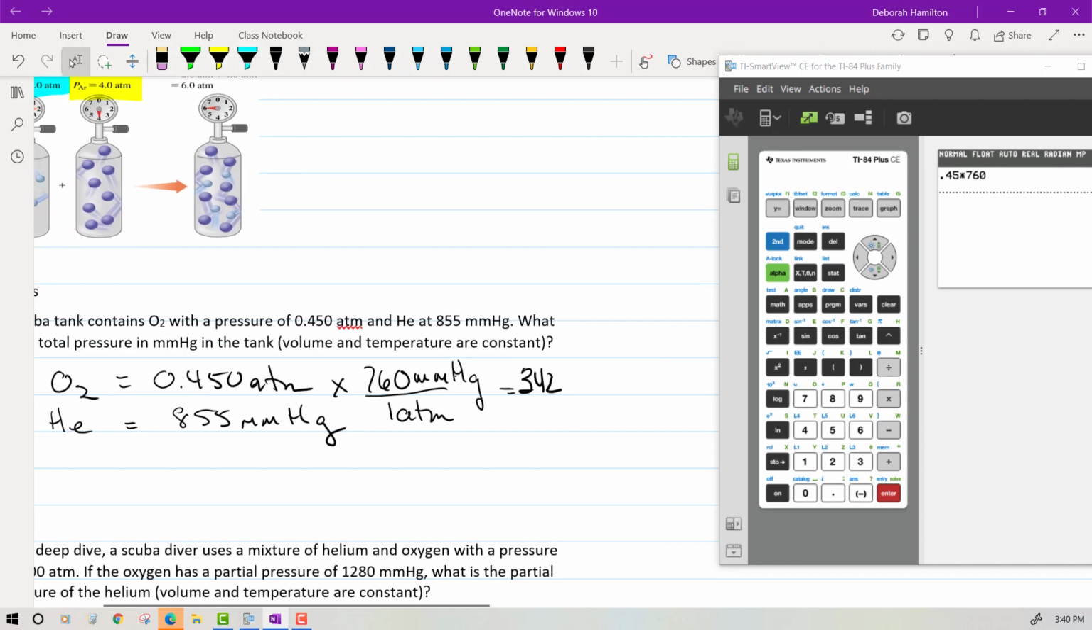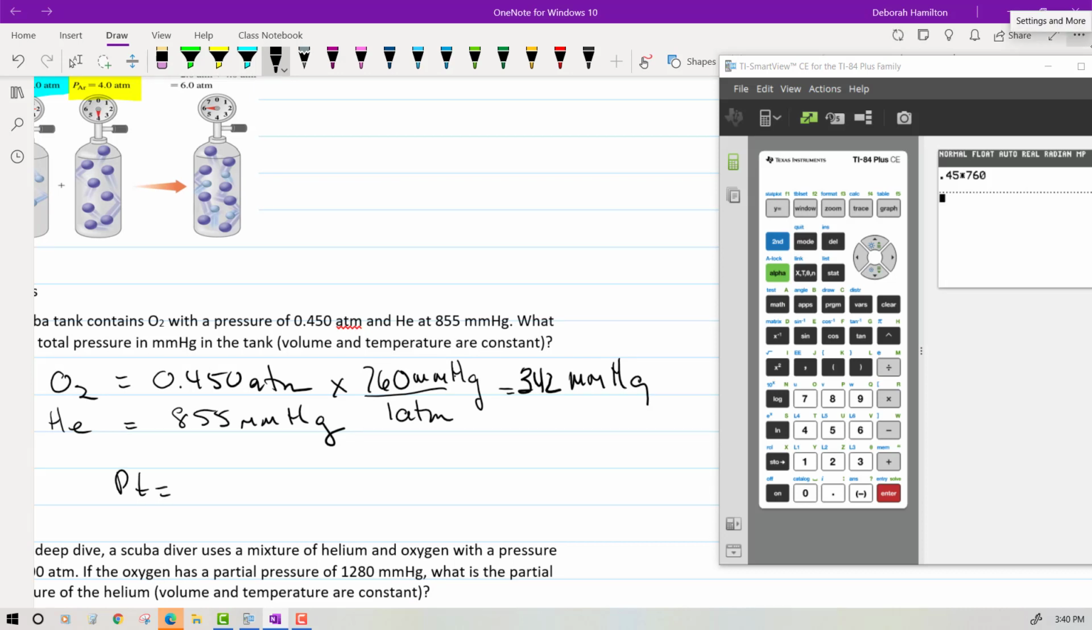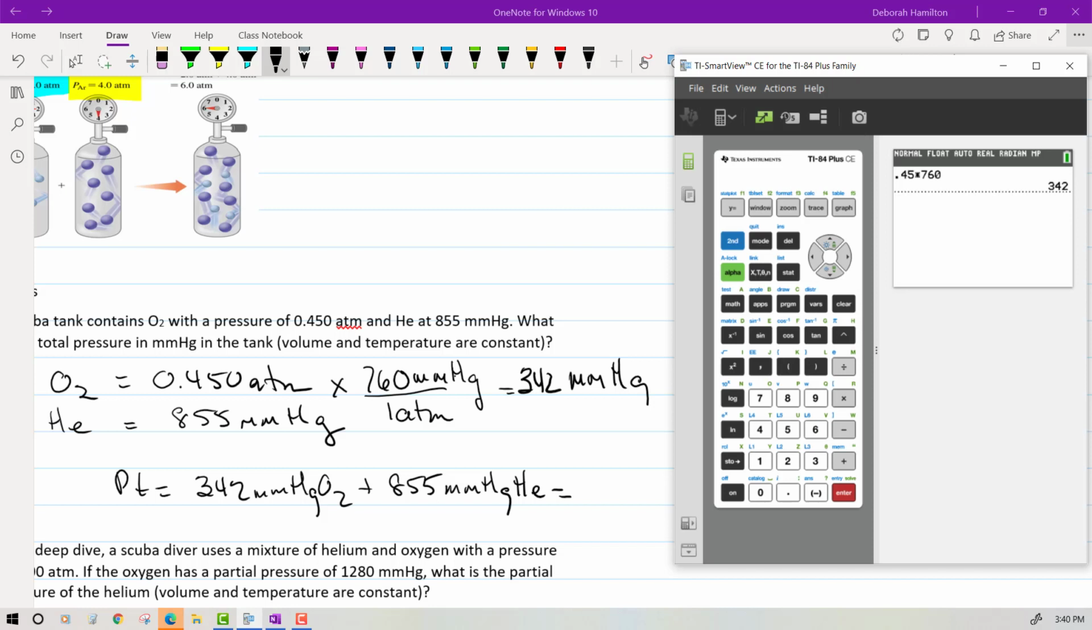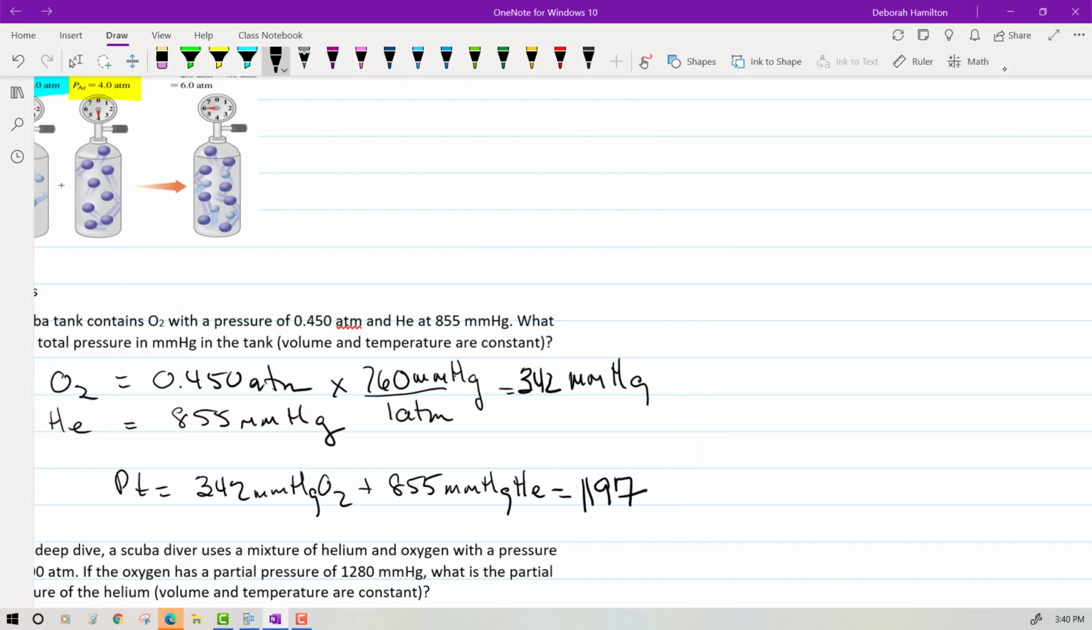Let's just move this over instead. Now I can add these 2 together to get my P total. So P total is going to be equal to 342 of oxygen plus 855 millimeters of mercury of my helium. I already have the 342 on the calculator display, so I just need to add the 855, or you can probably just as easily add them together without having to use the calculator. Our grand total is